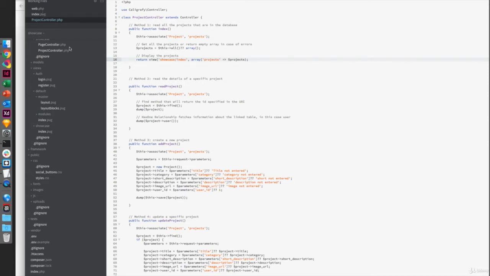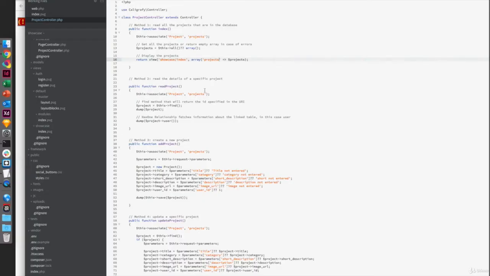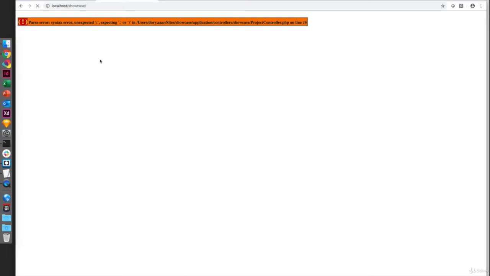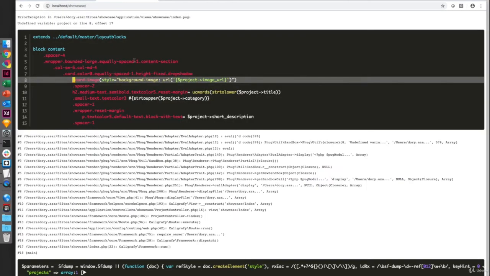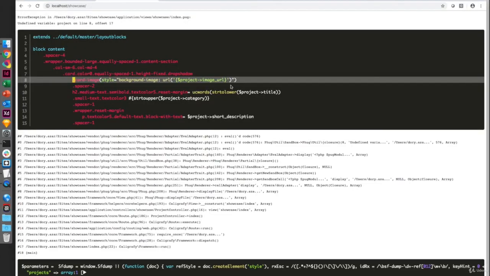So now the view is going to receive an array. If I try and run this, it will definitely tell us that we have a problem. This problem is because of something else in here. It's going to give us another type of problem, something around the views, that the view cannot be read, obviously, because we don't have anything called project anymore. We replaced project with projects, and since it is an array, it can no longer read that